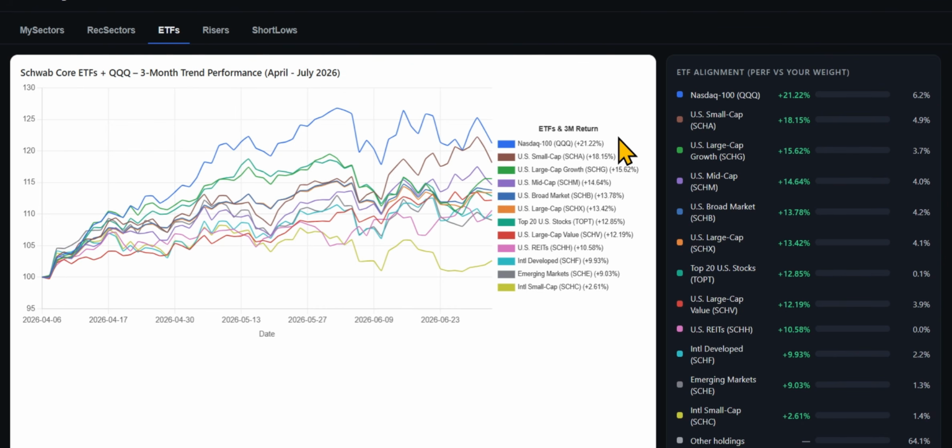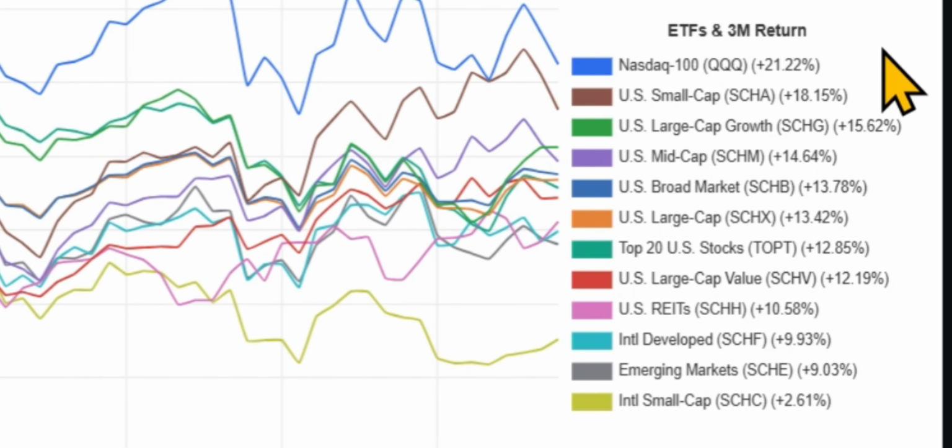So I'm going to front load my extra money in the higher return ETFs and not so much on the lower return. But I want to be clear, diversifying your money across all of these different ETFs or sectors is important. That is, put some of your money in US small, some in US large, some in US mid, some in broad, some in large cap, some in international, some in REITs or real estate investment trusts, some in emerging